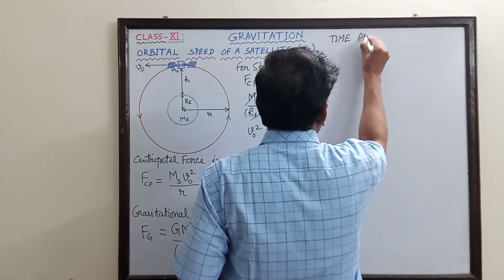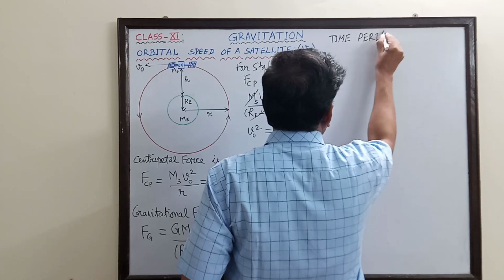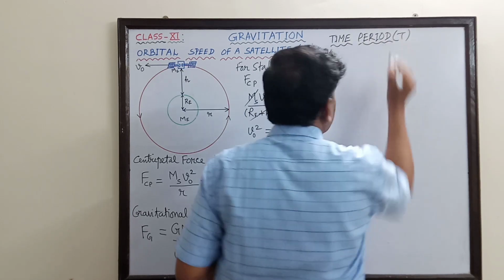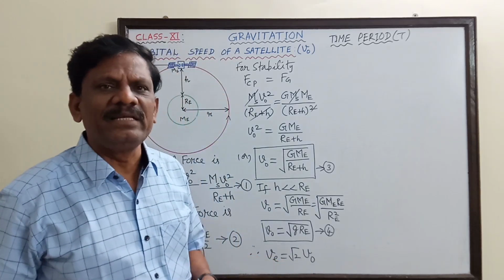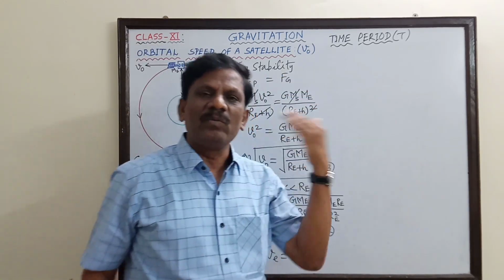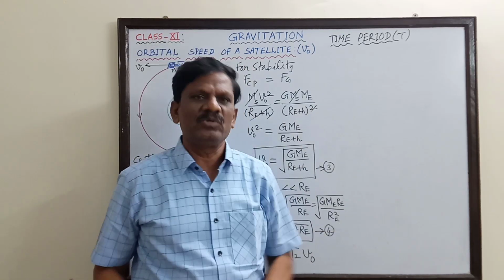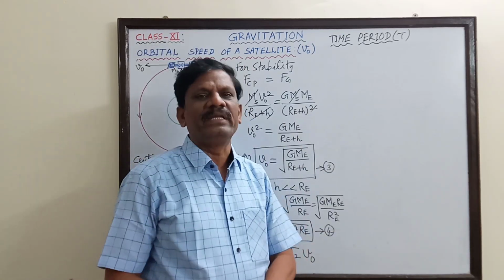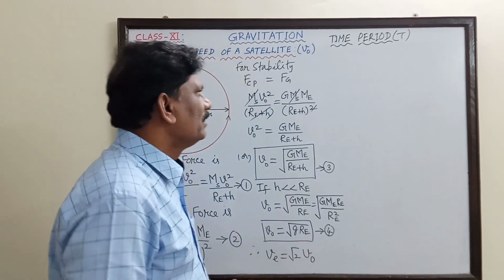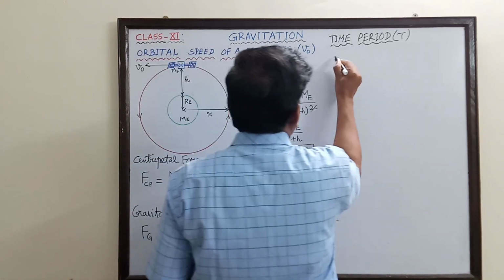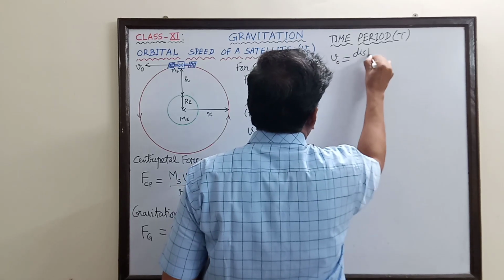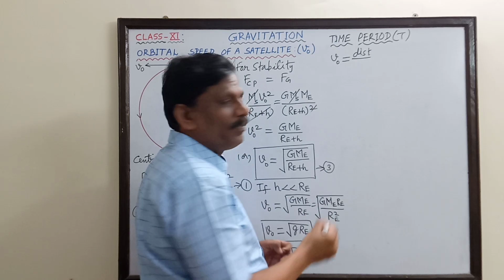So what do you mean by period of revolution? Time period T. It is the time taken by the satellite to revolve around the earth, or by any satellite around any planet, once. To complete one circular path, how much time is taken is called the period of revolution. Very simple. Now the orbital speed also is equal to the distance travelled by the satellite in one circular path